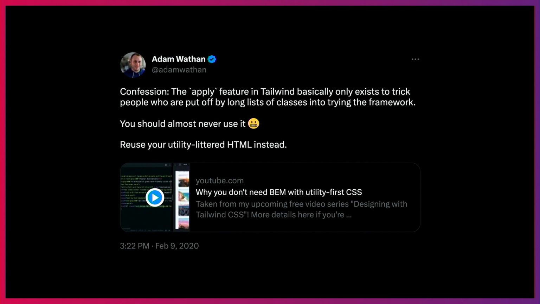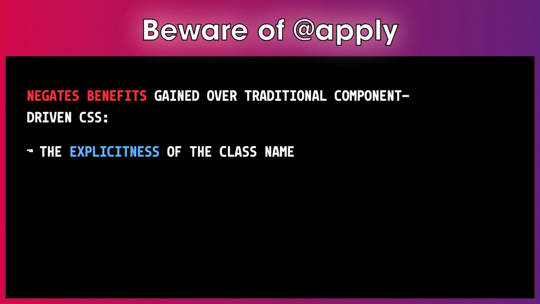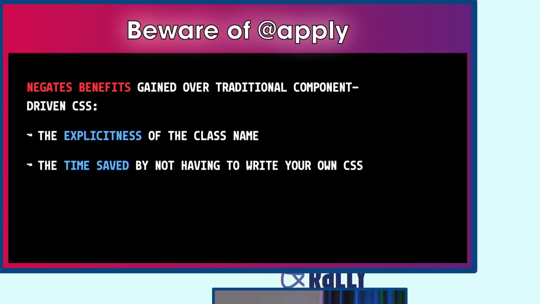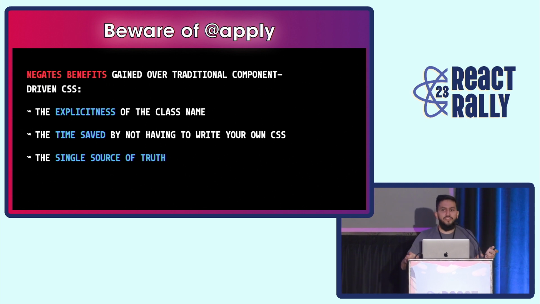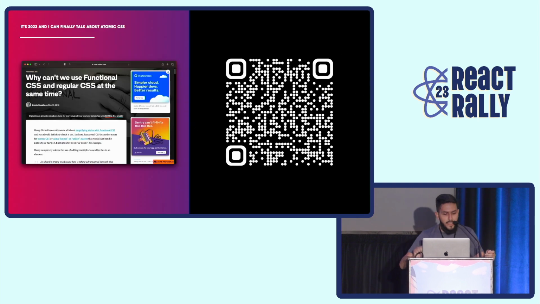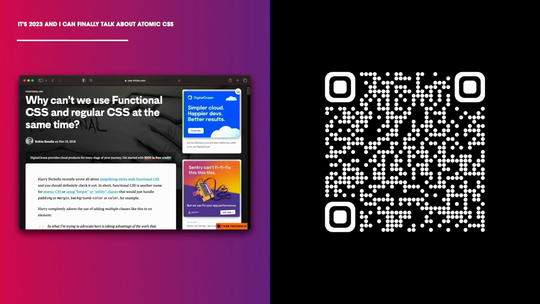This is something that even Adam, the creator of Tailwind, recommended people to almost never use. And I think that apply is dangerous because basically you're negating most of the benefits you gained over component-driven CSS. So you miss the explicitness of the class name you had, you miss the time you saved by not having to write your own CSS, and you miss your single source of truth that you had with your utility-first classes. And it's really common, and you have a lot of posts out there recommending that, go ahead and just